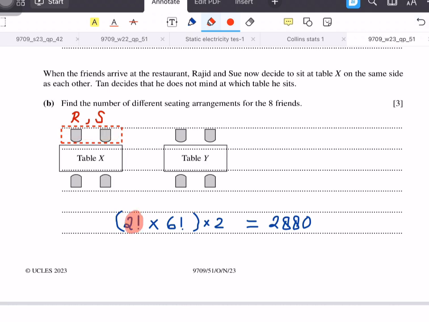So 2 factorial is the number of arrangements between Rajit and Sue. And then we have 6 other people that can sit here. So the number of arrangements will be 6 factorial. And then we have to multiply by 2 since Rajit and Sue can also sit at this side of table X. So the answer is 2 factorial times 6 factorial times 2. It is equal to